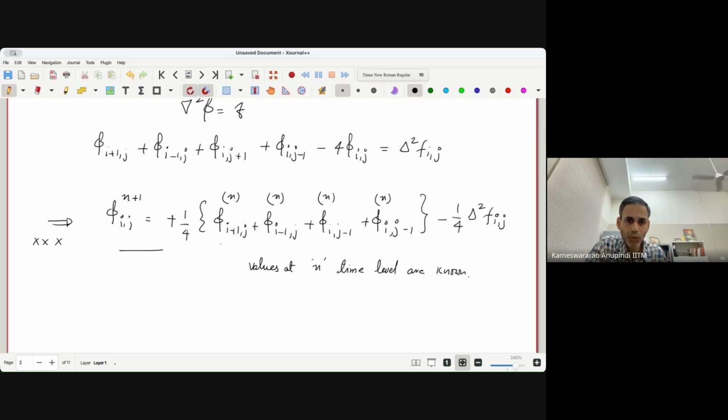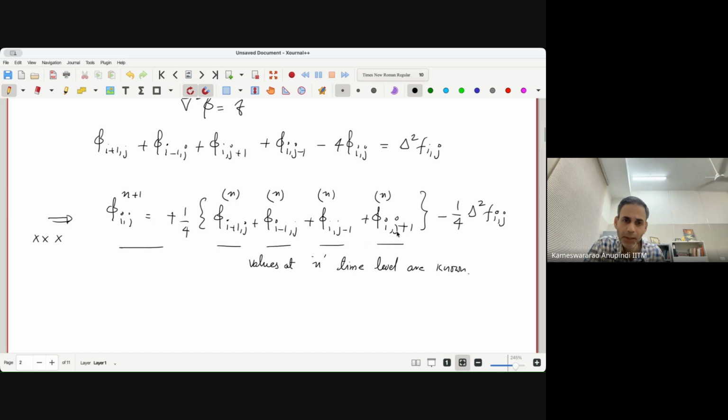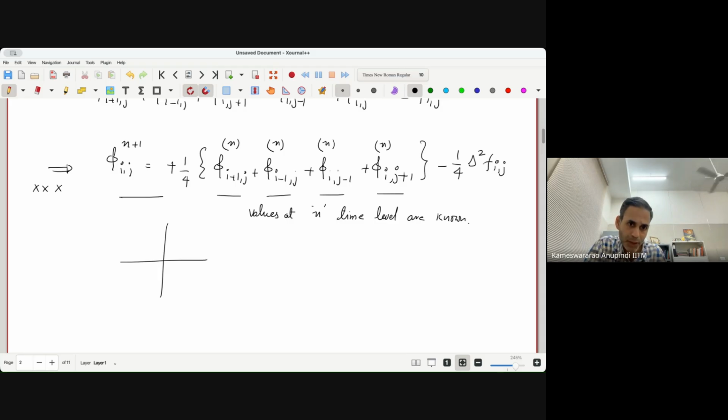Okay. So what we also realize is that phi I plus 1j, I minus 1j, ij plus 1, ij minus 1, these are nothing but the 4 neighbors of the grid, right? If this is the point, then we are talking about actually east, west, north, and south. This is I plus 1j, this is I minus 1j, this is ij plus 1, this is ij minus 1. Okay, so essentially we just have to average all the 4 values, take all these summation divided by 4, that means we're calculating average, and then subtract off that minus 1 by 4 del square Fij,